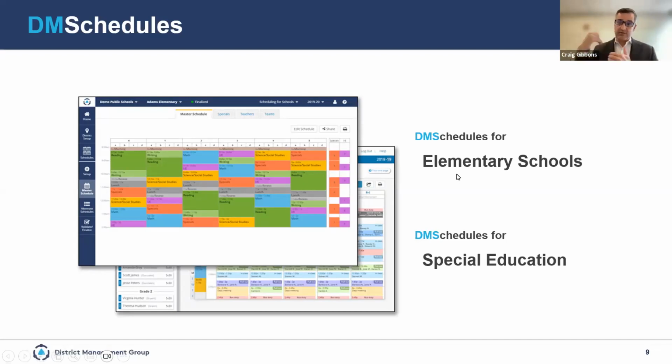We also have an offering to give you additional supports if you need a partner wrestling with particular challenges in these areas, or even really just offloading these efforts to us for school scheduling, special ed. We can't offload those efforts, as I'm sure some of you would like us to dive more deeply into, but we'll build your main schedule, your school schedule for you as a third offering under the DM Schedules umbrella, and support you through your special education scheduling as well with these tools.